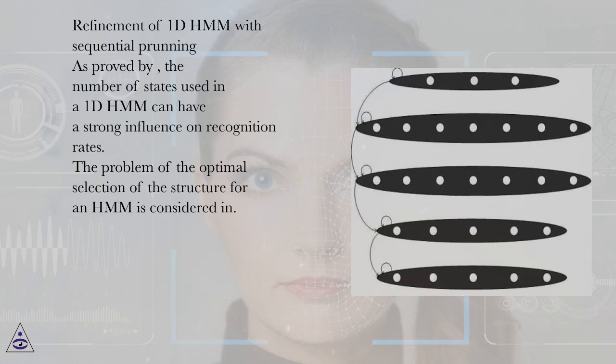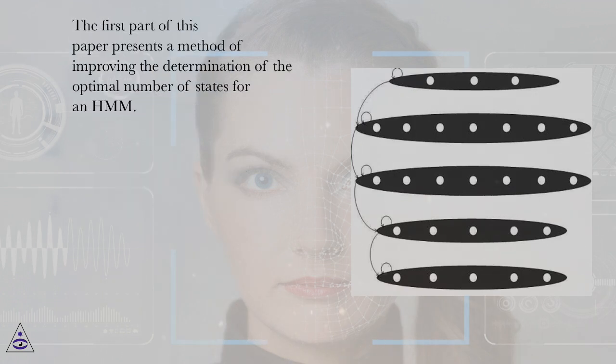Refinement of 1D HMM with sequential pruning. As proved by, the number of states used in a 1D HMM can have a strong influence on recognition rates. The problem of the optimal selection of the structure for an HMM is considered in. The first part of this paper presents a method of improving the determination of the optimal number of states for